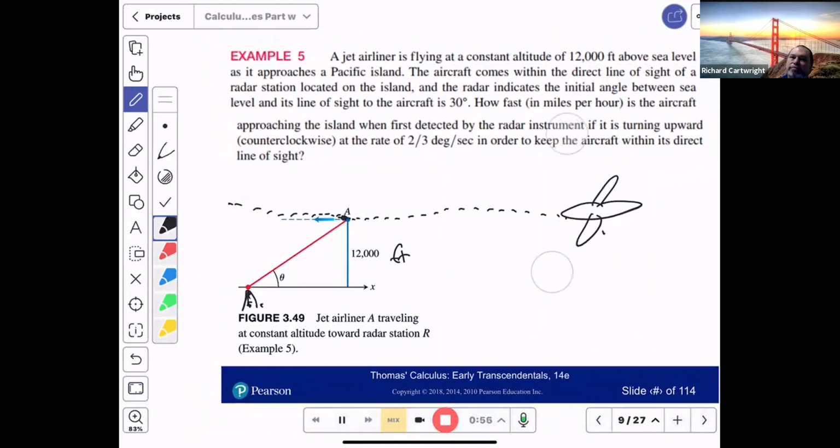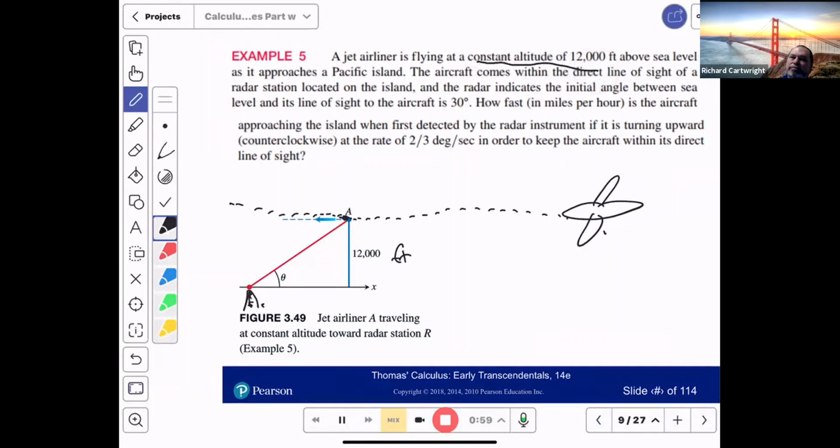A jet airliner is flying at a constant altitude of 12,000 feet above sea level. It approaches a Pacific island. The aircraft comes within the direct line of sight of the radar located on the island, and the radar indicates that the initial angle between sea level and its line of sight is 30 degrees. So I'm locking it in. It was 30 degrees. How fast in miles per hour is the aircraft approaching the island when it is first detected